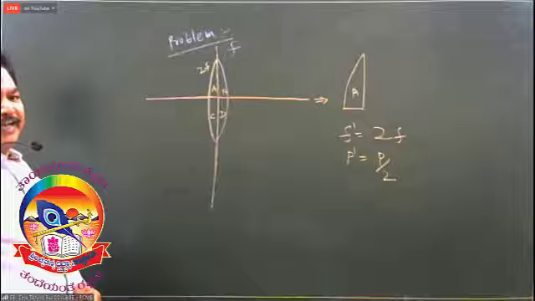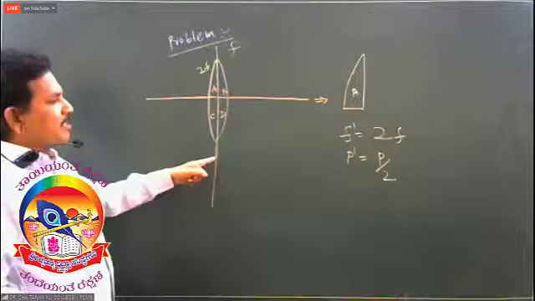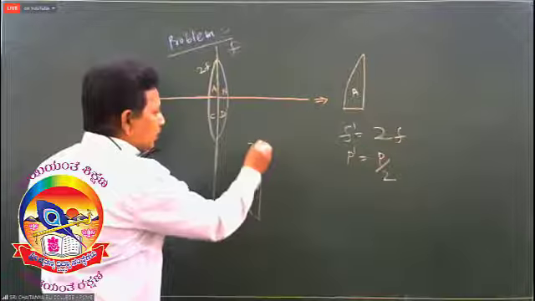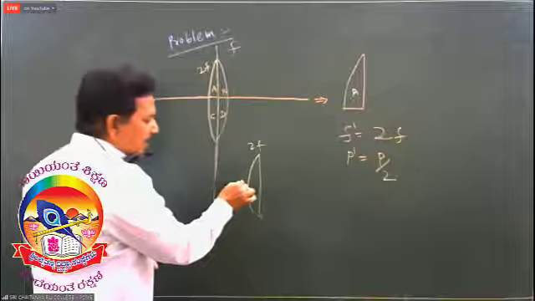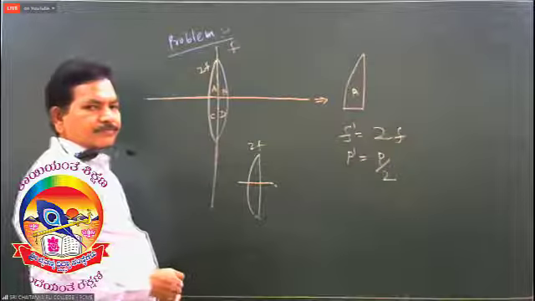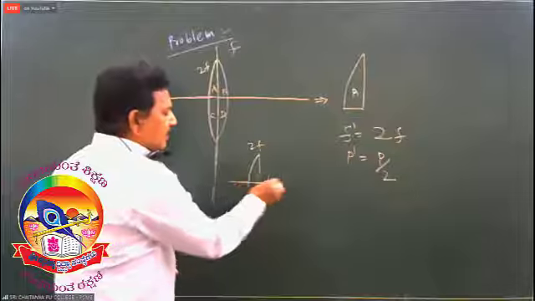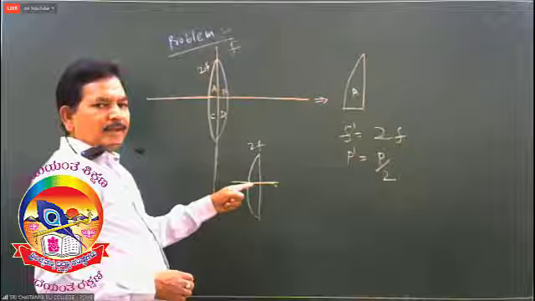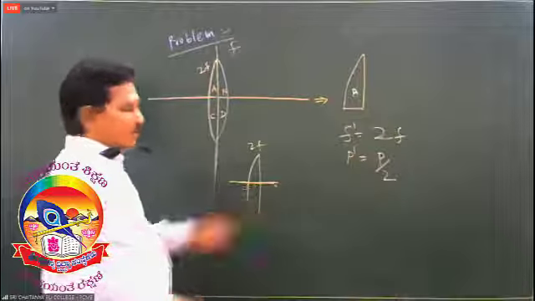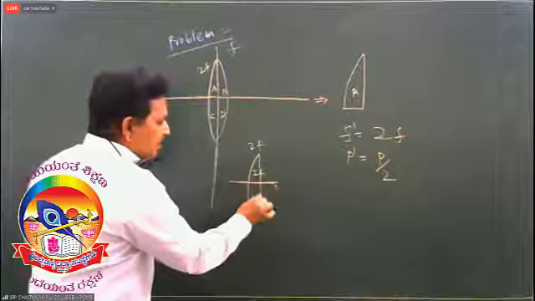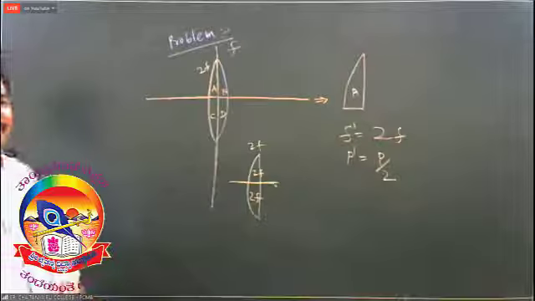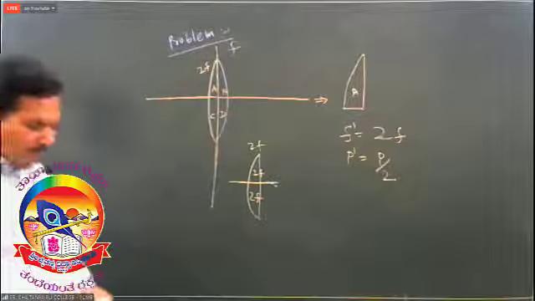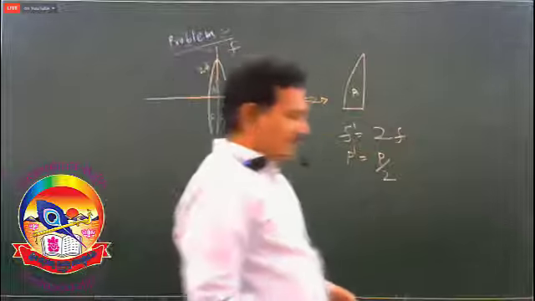If it was divided perpendicular to the principal axis, focal length becomes double, 2f. Now it was divided into two pieces parallel to the principal axis. If the lens is divided into two pieces parallel to the principal axis, the focal length will not change. So this also becomes 2f. It won't change. It remains same. So this is a small problem on the cutting of lenses.